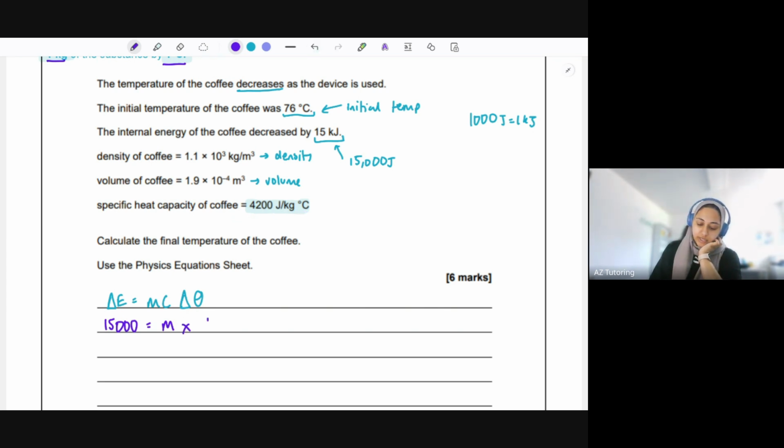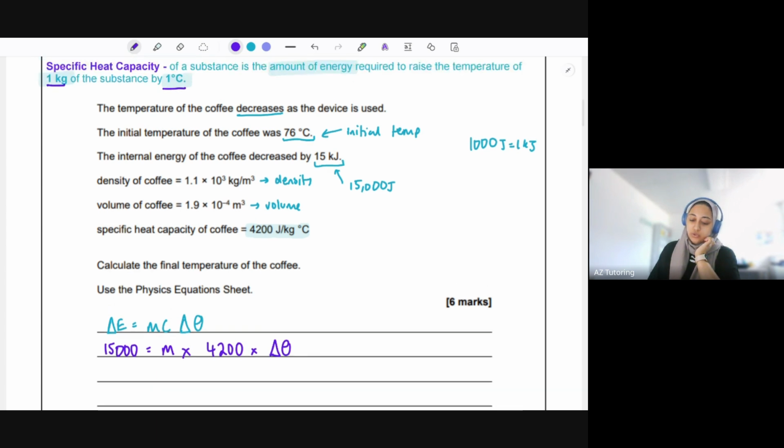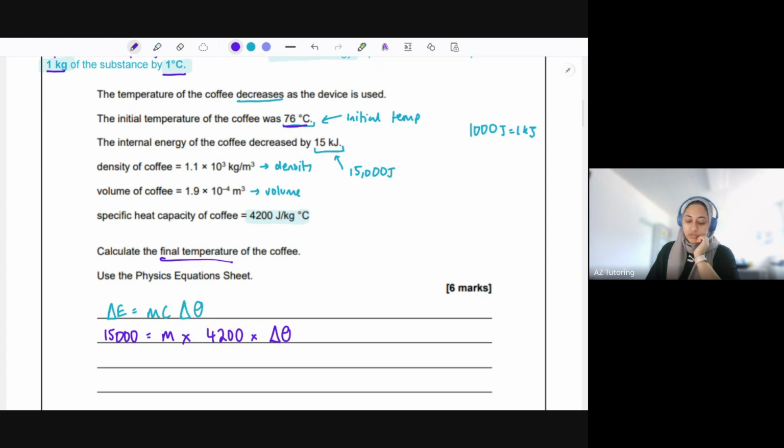So we're timesing that by 4,200. And then we're timesing that by the temperature change, which again, we don't know because we only know the initial temperature. Okay, so we're just trying to work out the final temperature. So we can't have two unknowns in an equation, so we have to use